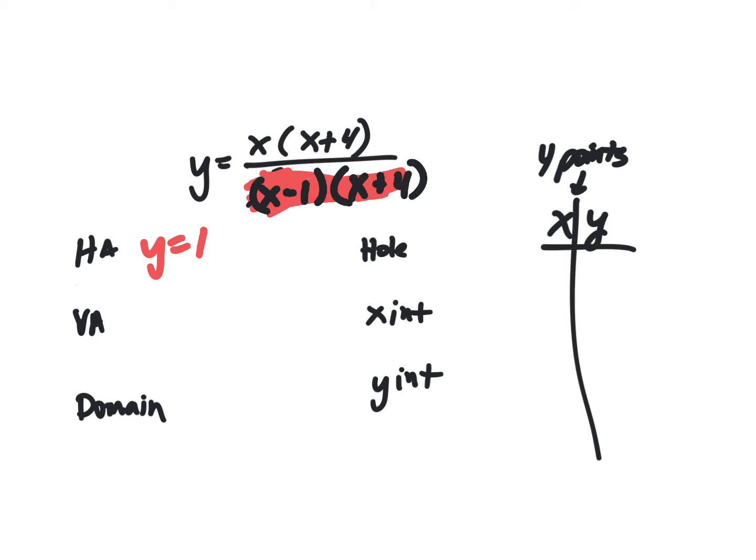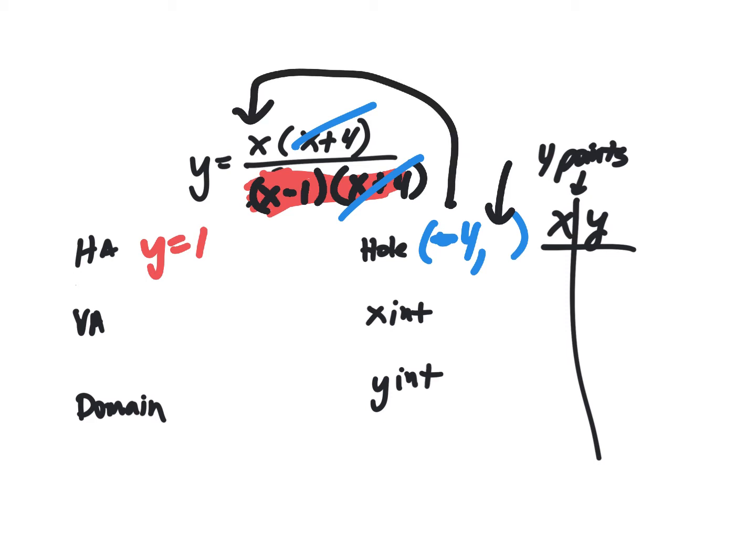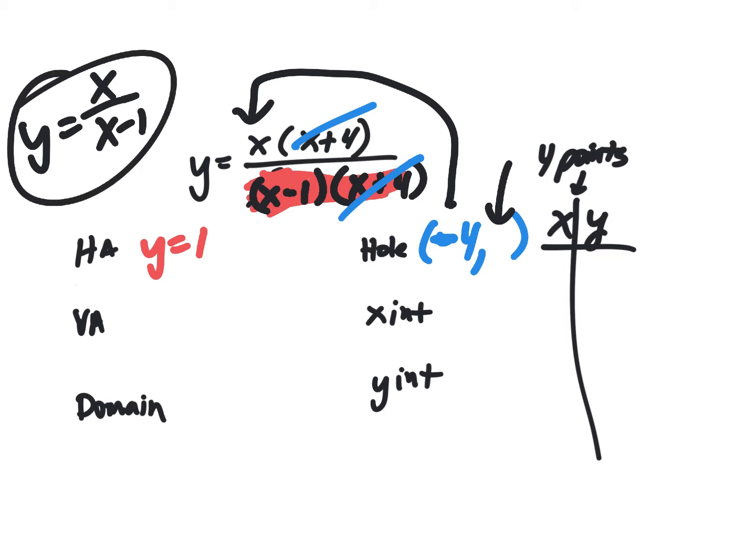I agree. Then these two are going to cancel and create a hole, which goes right here, and it's negative 4, comma something. That's one of the hardest things, is to know what goes here. The hole does not automatically have a 0 there. The hole, you put this negative 4 in here. This function that results, y equals x over x minus 1, that's our simplified function. And it's the same as the other one except for the hole. So you put the negative 4 in there,